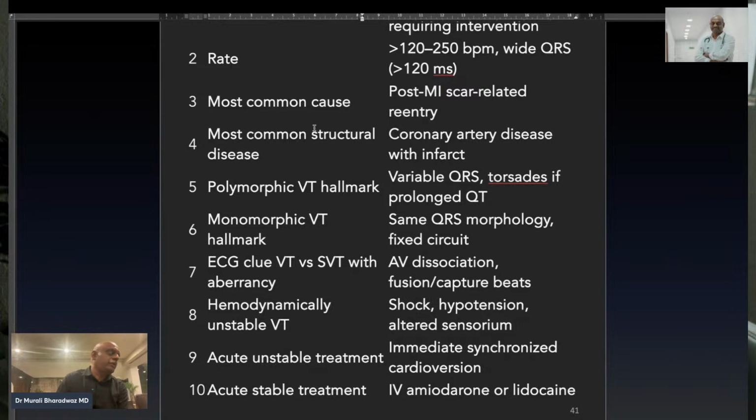If it is more than 450, it is prolonged QT. Okay. How do you calculate corrected QT, what is the formula? QT by square root of RR. Square root. Very good. Much for 450. Okay. Now,